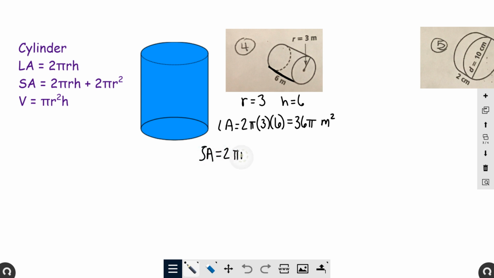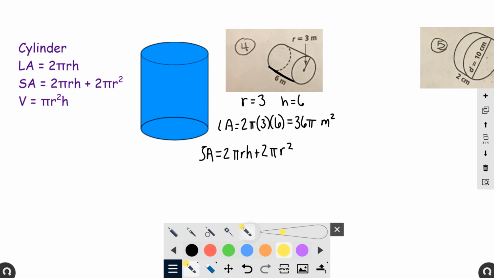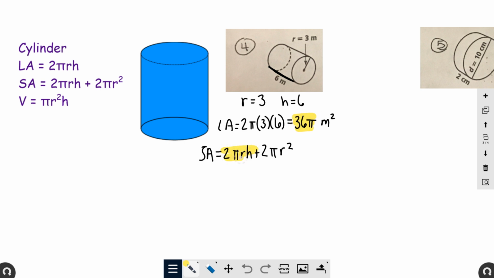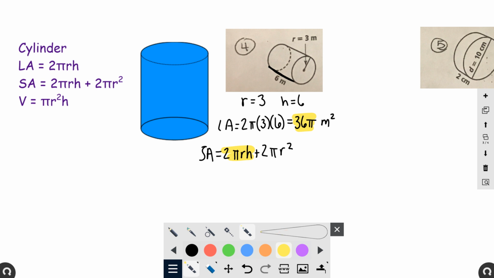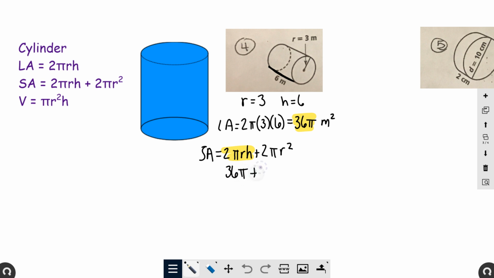All right, for surface area, it is 2 pi rh plus 2 pi r squared. Now, if you remember, the first part is the same. This 36 pi is the same as that part there. So that part can just be replaced, just like in our prisms. 36 pi plus 2 pi times 3 squared. Now remember, follow your order of operations. So 3 squared is 9, times 2 is 18. So this is really 36 pi plus 18 pi, or 54 pi